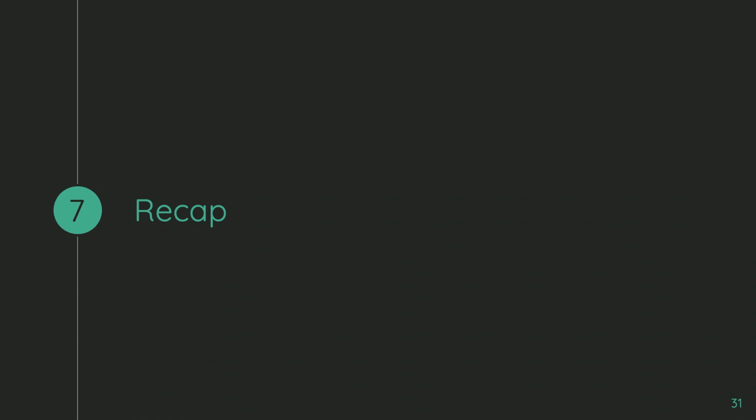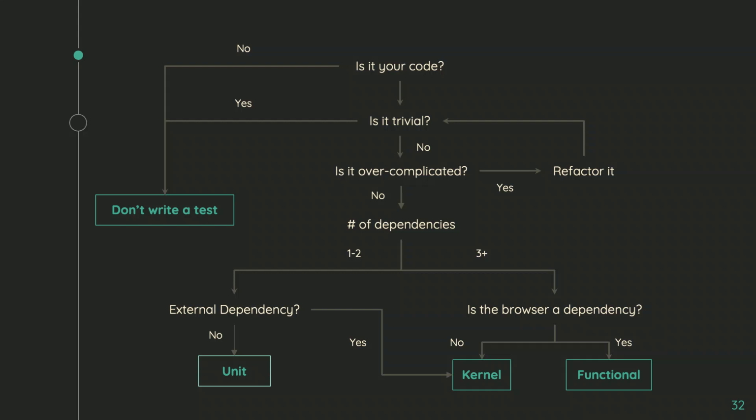Okay. So to recap, I'm going to blaze through these slides. First, you're trying to identify some code. I like to go through the thought process. At this point, it's just kind of instantaneous, but usually it goes like this. All right, I'm looking at my code. Is it my code? If it's not, I'm not going to write the test. Is the code trivial, like a getter and setter? Probably not going to write a test. Maybe if it has really important business requirements in there, but probably not. I lean towards not writing it.